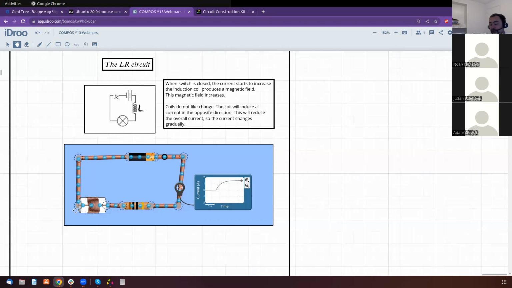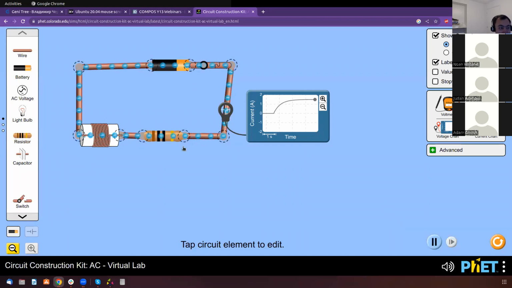So this is a simple effect. A coil just generally likes to keep things the way they are. So it will try to keep the current at 0, which is impossible, of course, but it will try to hold the barrier for as long as possible. And when we open the switch, it just drops to 0, because the circuit is incomplete and no current can flow. So actually, it's a very interesting thing. What actually happens, because